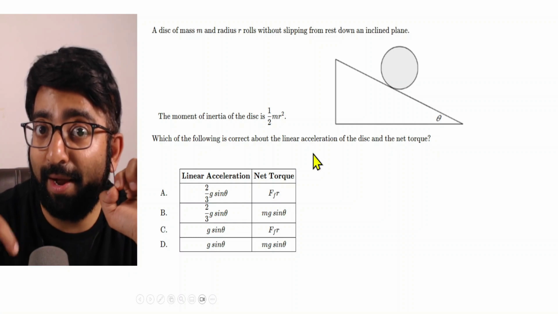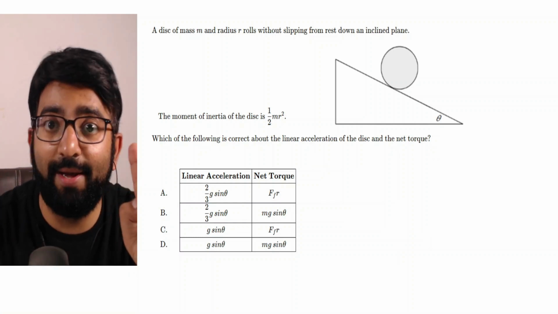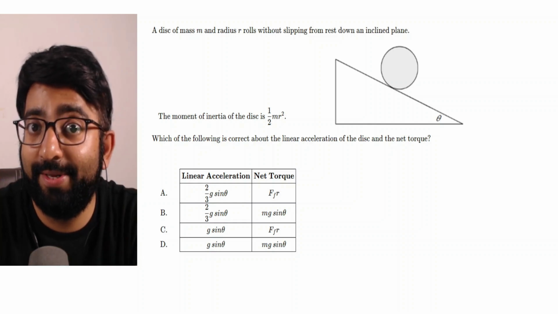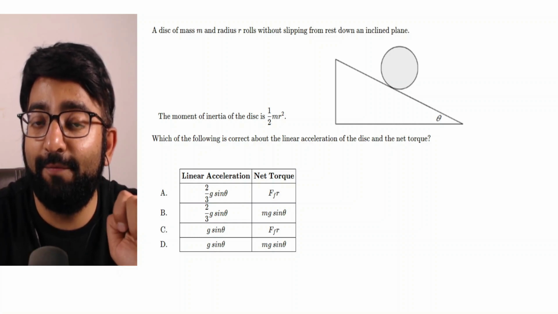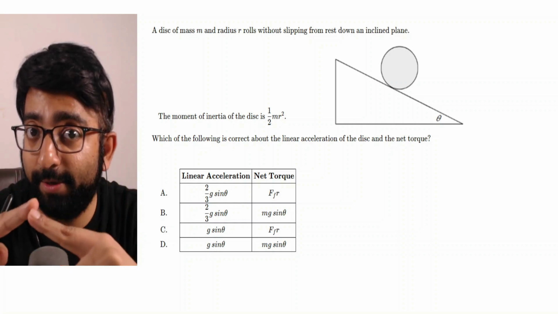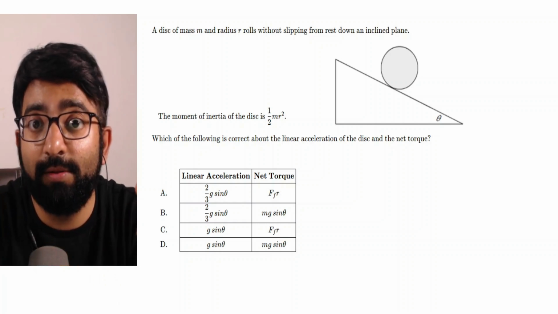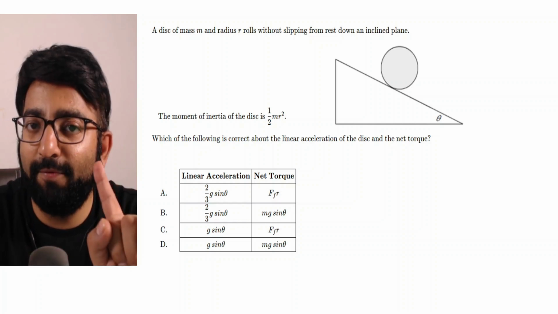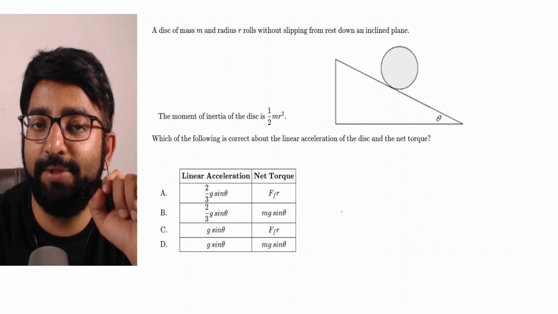We have already derived the expression for linear acceleration. So in MCQ questions, you can directly apply that formula. But let's say if this question comes in the form of a descriptive question, then please do not apply that formula. We'll have to go step by step. We'll apply F net is equal to ma. Then we will apply the net torque is I alpha. And the third equation, remember, is a is equal to R alpha. So in a descriptive question, of course, you will be marked on the steps, but this is an MCQ question,